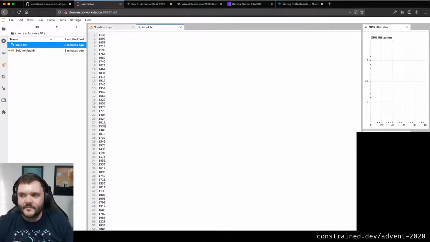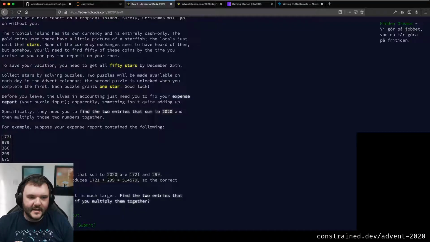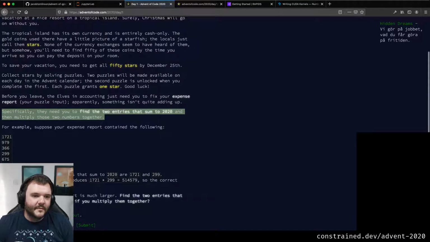We have to just do some basic reading into an array, put that array on the GPU, and then we'll write a little function which will take each number and try and work out whether it has a pair of numbers to get to 2020, because that's what we need to work out, right? Is that the two entries here, you see the highlighting? Yeah. Find 2 entries that sum to 2020 and then multiply them together.